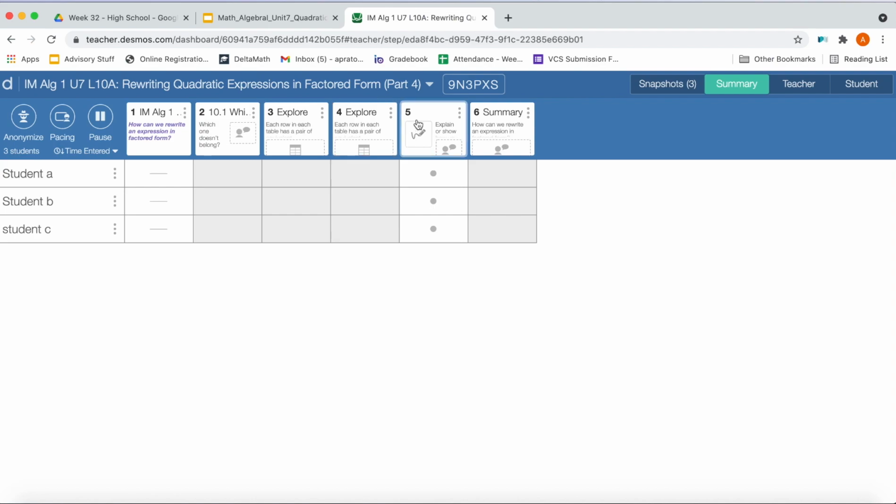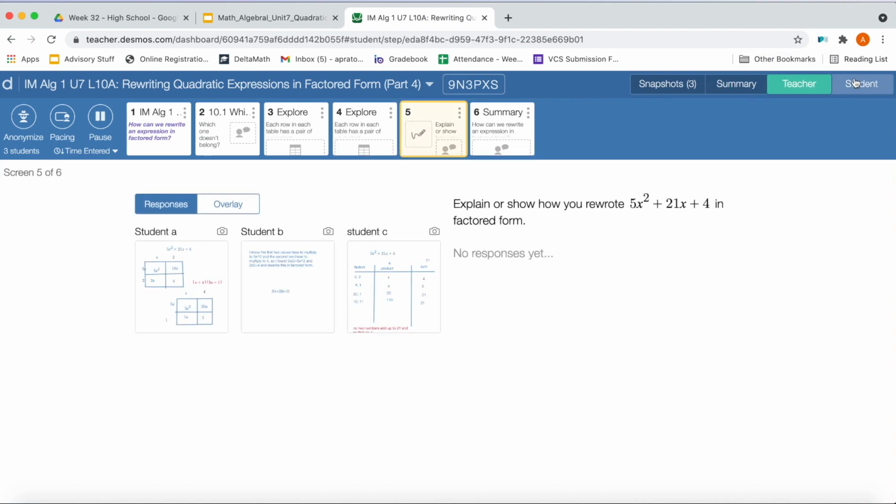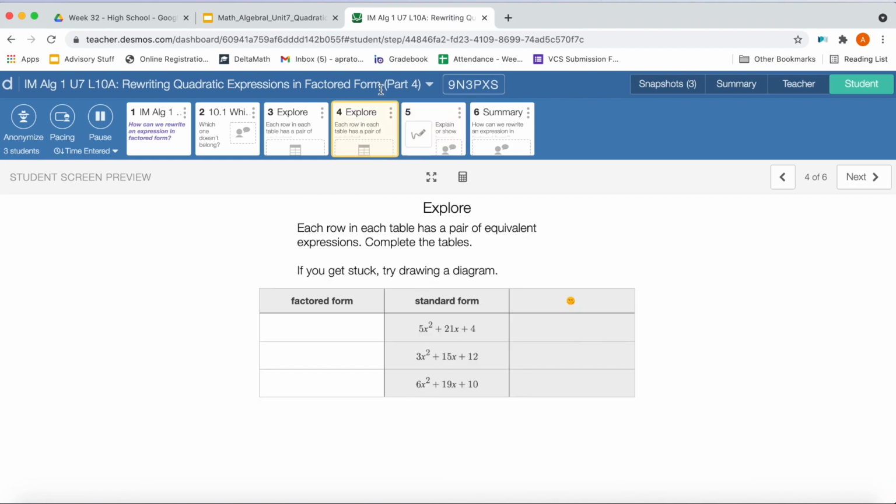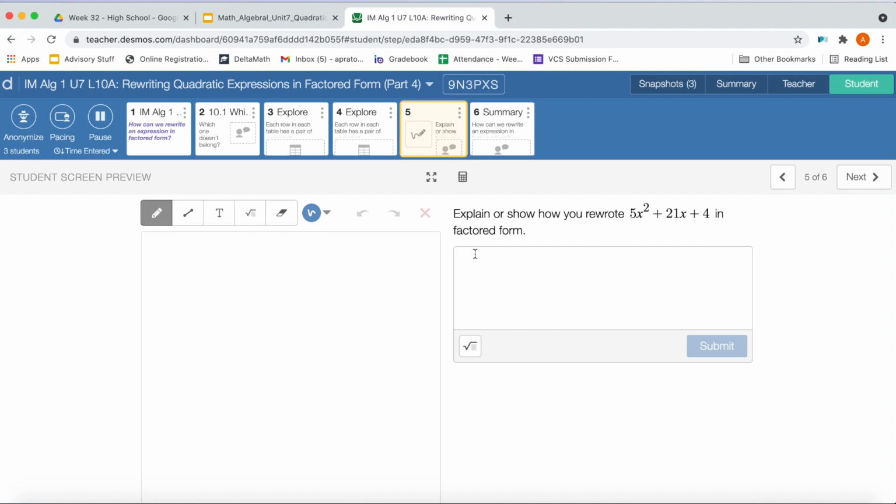Within the Desmos lesson, there is a slide that asks them to explain or show how they rewrote 5x squared plus 21x plus 4 in factored form. There's the table here, like the regular lesson, and then they have a specific slide to do this. I put this in here in anticipation of the summary question, because this is the question that I'm going to feature for the summary discussion, and I wanted students to specifically show exactly how they were finding this so